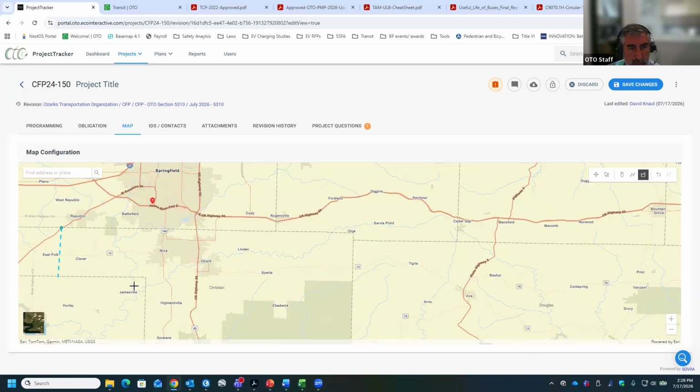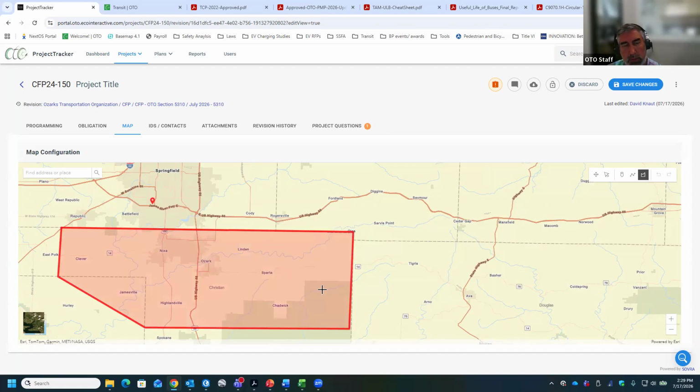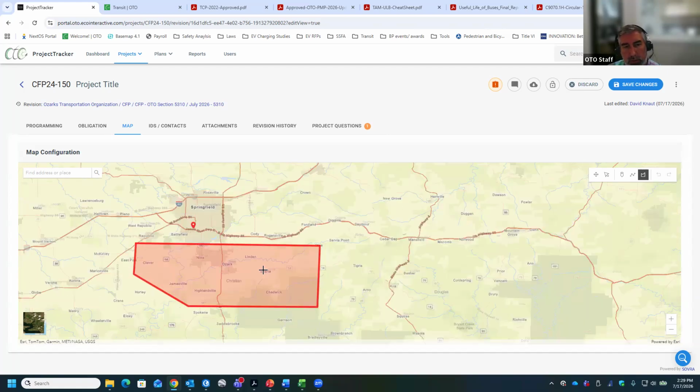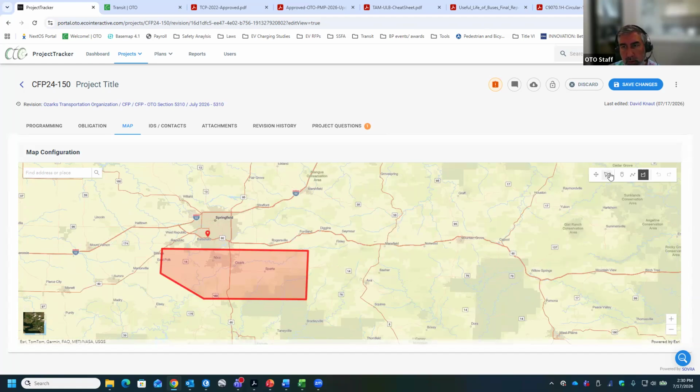So I'm doing this part of Christian County. But in the end, if this is not 100% correct, I would not get too upset about it. You can always change it later. You just have to go back on the arrow, click on it, and then you can delete it if you want and draw a new one. But this just helps us, especially if you do more service or increase your areas. This just helps us to get an idea what the service area is. Okay.